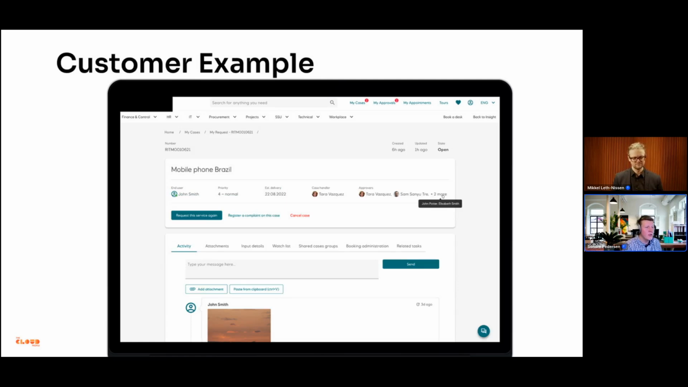Here you can see also the ticket page, as I showed earlier on, but they have taken that to the next level. They have built certain things which were great before, which we wanted to bring in. For example, these buttons we had here. For example, the request this service again. This is a button that actually pre-fills the service